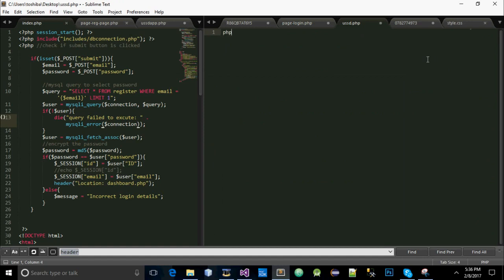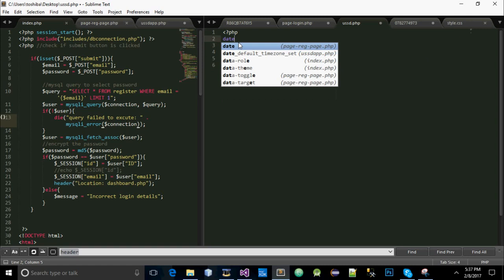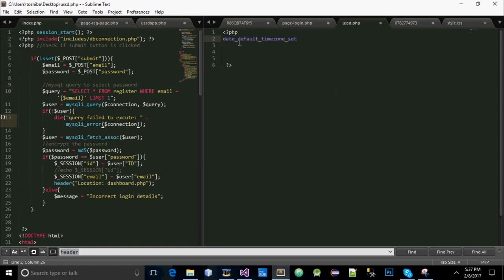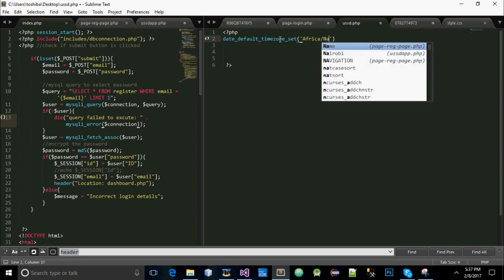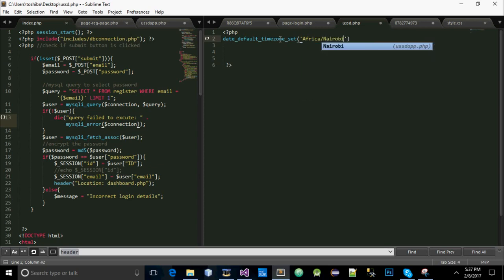First thing, we're going to set our time zone up here, and we say date, set time zone, and the time zone we're going to use is Africa/Nairobi. You can put your own country, since we have different time zones,